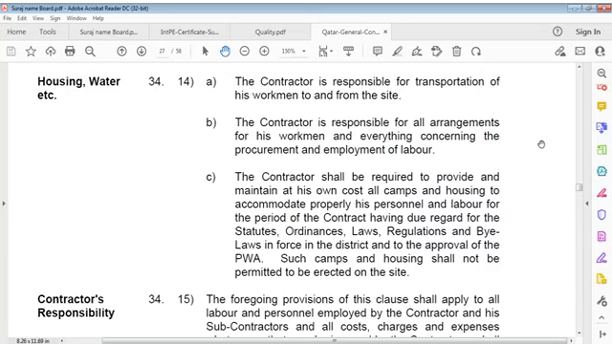We can say again, a very important point. Contractor shall be required to provide and maintain at its own cost all camps and housing to accommodate properly its personnel and workers for the period of contract, having due regard for statutes, ordinances, laws, regulations, bylaws in force in the district and the approval of client. Such camps and housing shall not be